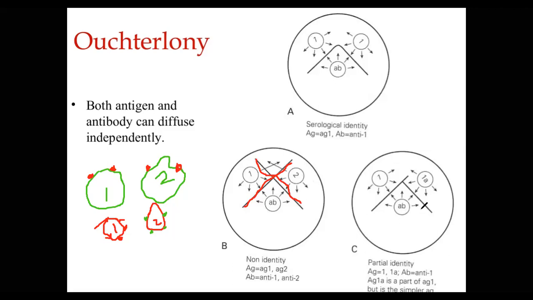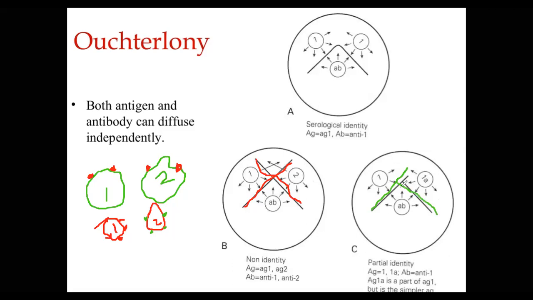The next is the third one, partial identity. If the antigens and antibodies are identical, but only a few epitopes are similar to each other, not all, but a few epitopes. If all the epitopes match, then we will get this kind of precipitin line. But if only a few epitopes of these two antigens 1 and 1A are identical, then we will get this line of